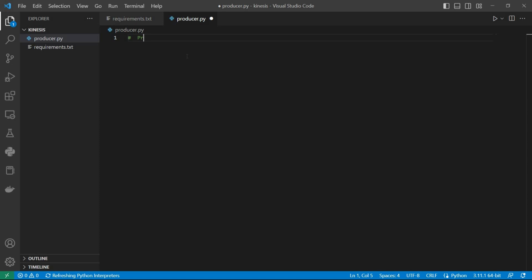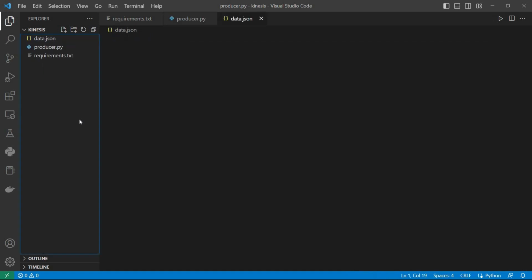Producer script. Before that, I'm going to create a JSON data file, which I'll be sending to Amazon Kinesis. Let's create a data.json, and then here I'm going to make a simple JSON data, which will be like name,